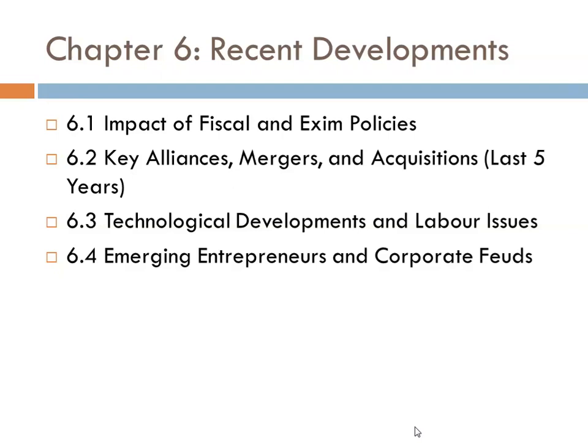Lastly, emerging entrepreneurs and corporate frauds in that organization or industry, you can write down. So identify first generation entrepreneurs. At least you will understand what first generation entrepreneurs are and who the business owners are entering the industry and their contribution. Discuss corporate frauds like legal battles and leadership disputes affecting the key players. So moral of the story in this particular chapter, focus on the recent industry changes, major business moves, and future trends in the market.